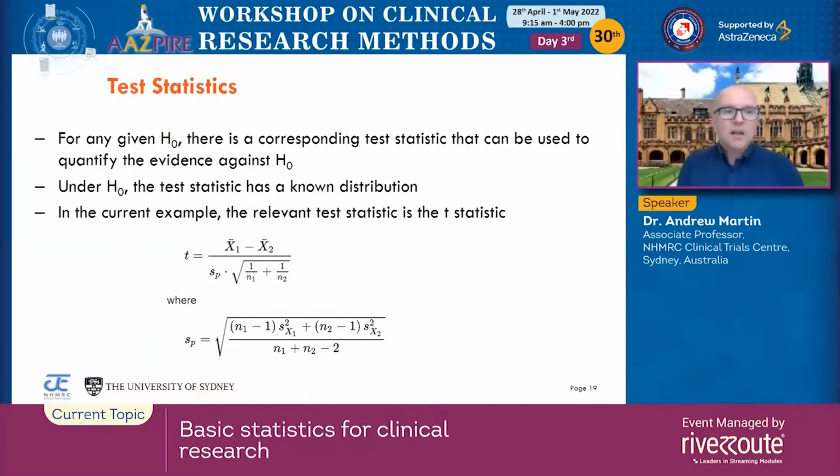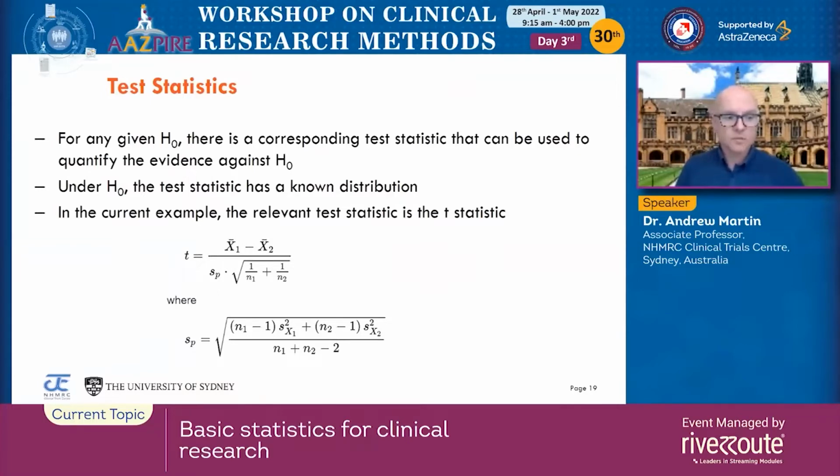And under the null hypothesis, that particular test statistic has a known distribution, and for continuous endpoints and a comparison between two groups on two means, the t statistic would be the relevant